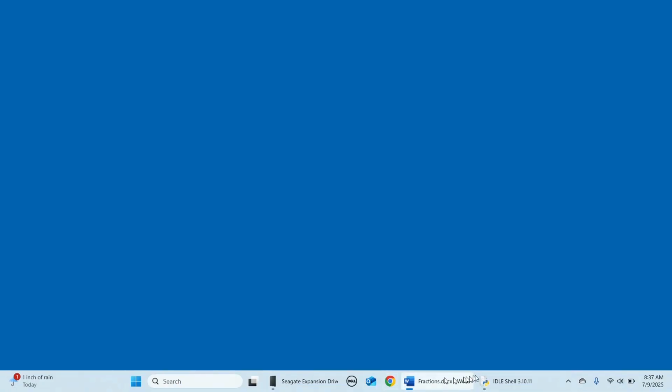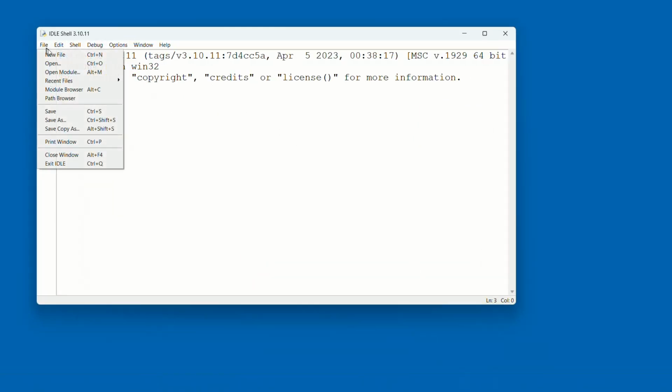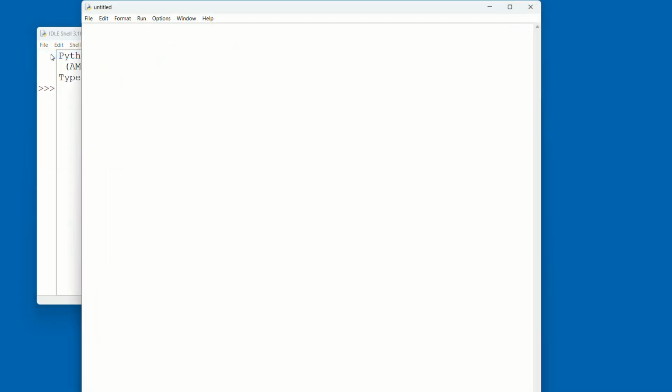So let me pull up Python. I've already got it started here. And then I'm going to open up a new file. And we're going to go ahead and get started on creating this. So the first thing we want to do is create the class and then get the __init__ set up. So we're going to have class